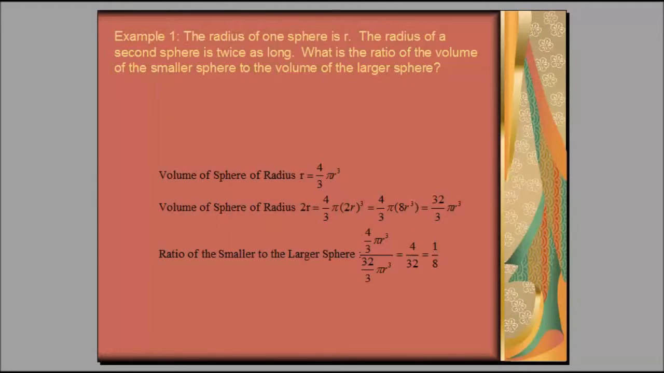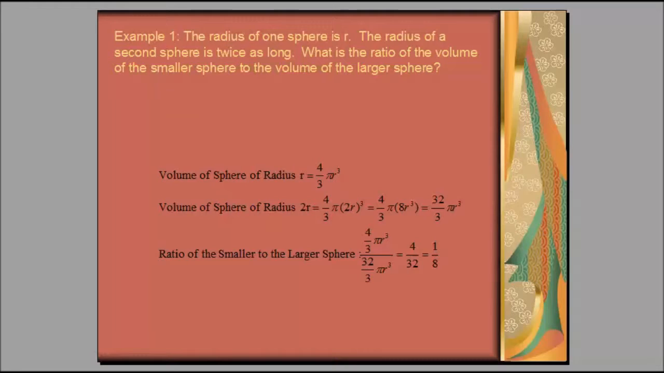Here's example 1. The radius of one sphere is r. The radius of a second sphere is twice as long. What is the ratio of the volume of the smaller sphere to the volume of the larger sphere? The volume of a sphere with radius r is 4/3 pi r cubed. If we double the radius to 2r, we get 4/3 pi, and then we're cubing 2r. When we do that, we get 4/3 pi times 8r cubed, and going through the math gives us 32/3